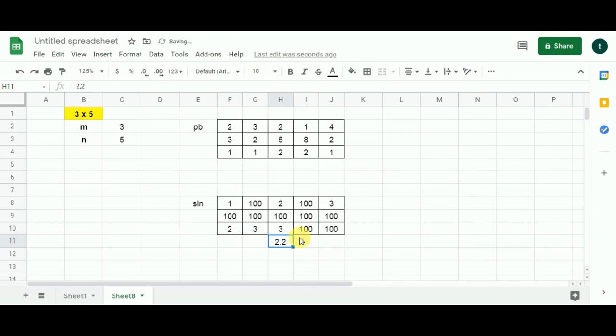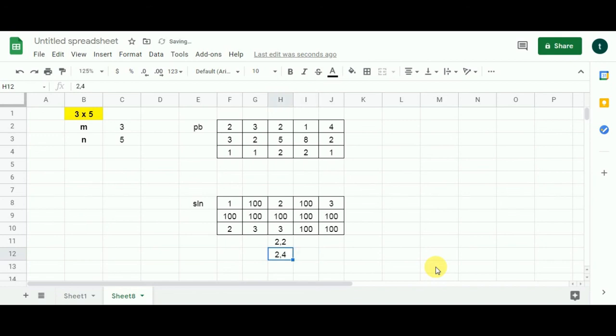Cool. We cannot move down from here, so we are going to skip that part. Here the value is 2. 2 we are going to add to the column index. We'll get 4. 4 is less than 5. So we can move on the right. And the next cell which we can move to will be 2, 4.